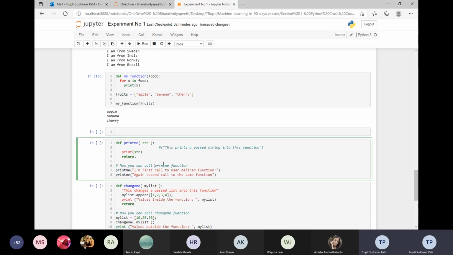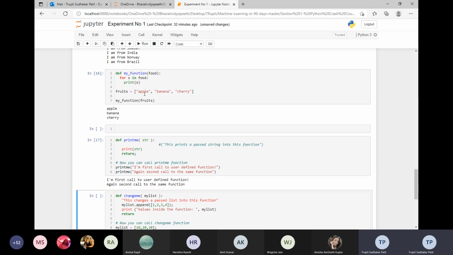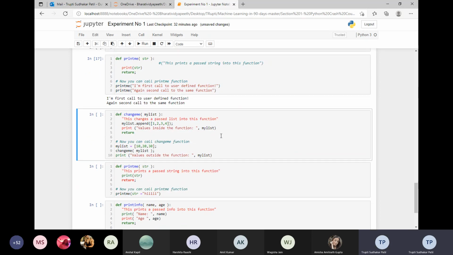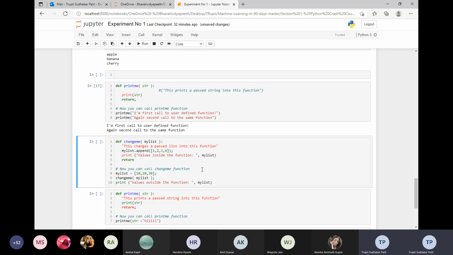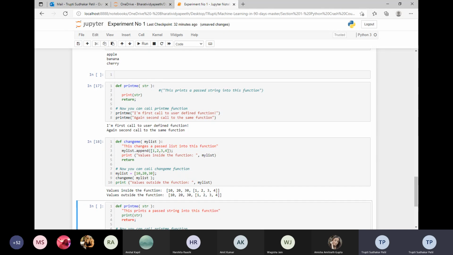Then this is the print when we pass a string to this particular function. This is when we are passing the string to the function जो हमने देखा है, that will be the same thing. Here we are passing the string directly. Basically हमने वहाँ पे string के element just we are printing. यहाँ पे we can directly pass the string into the function, and then we can print that particular list, inside the function or outside the function. Basically this is inside the function जो है 1 2 3, and this is what we appended. इसमें हमने ये 10 23 को अपेंड किया है 1 2 3 के लिस्ट में.